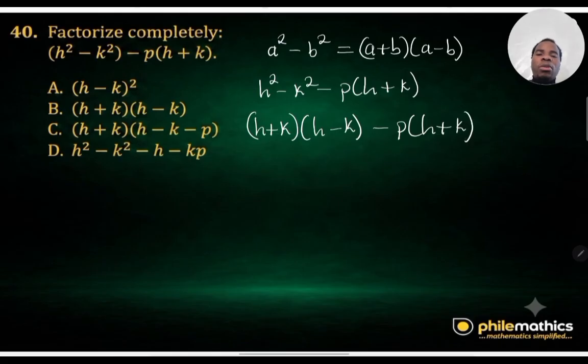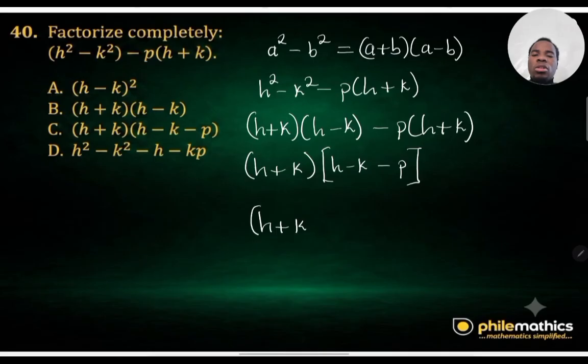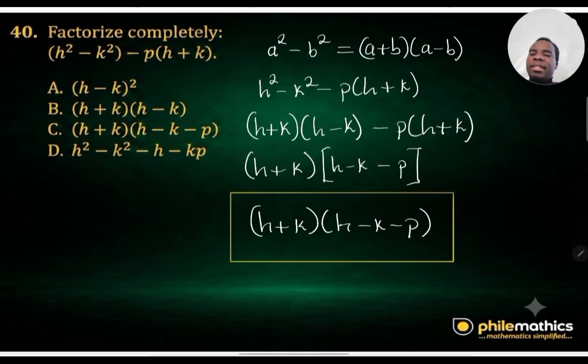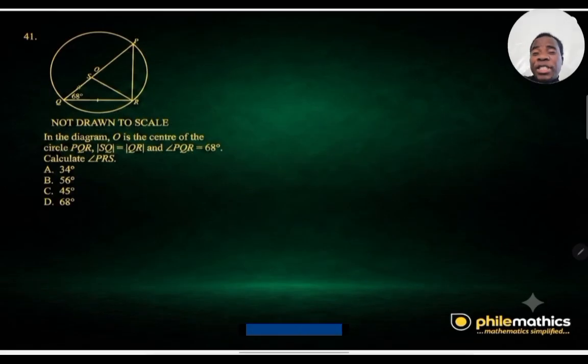We can factorize h plus k out. We have h plus k because it's common. We are left with h minus k on the left, and on the right we are left with minus p. So it means the factorization of this expression is simply h plus k multiplying h minus k minus p, and that is C. Tricky question on circle theorem that says: in the diagram O is the center of the circle